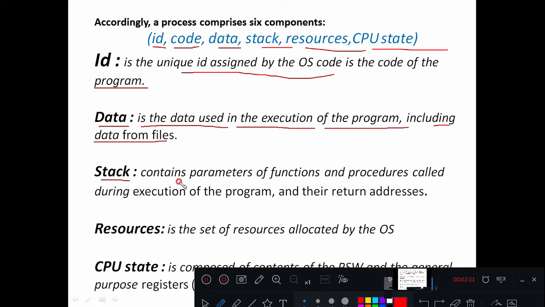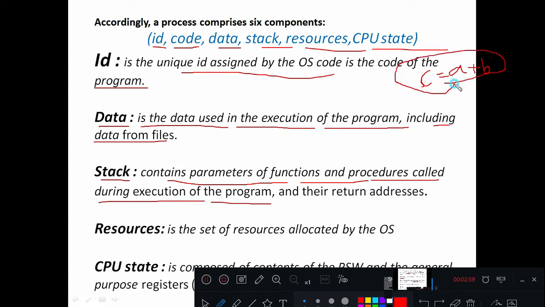Third one, the stack. It contains the parameters of the functions and the procedures called during the execution of the program. Let us say I want to write a simple program to add two numbers, which are stored in A and B, and I'll assign the result to a third variable, C. Instead of performing this directly in the main program, I'll write a small subprogram called sum.